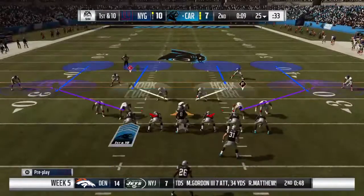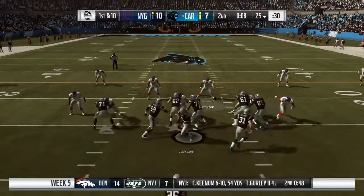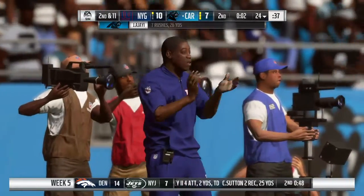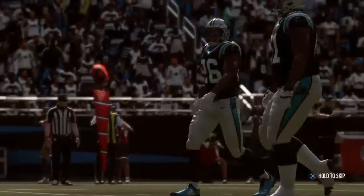Here we go now. 3:19. He is going to be stopped cold behind the line of scrimmage. We have hit halftime. Still 2 more quarters to...